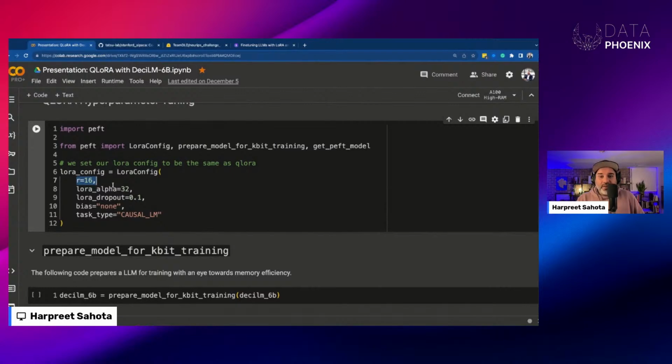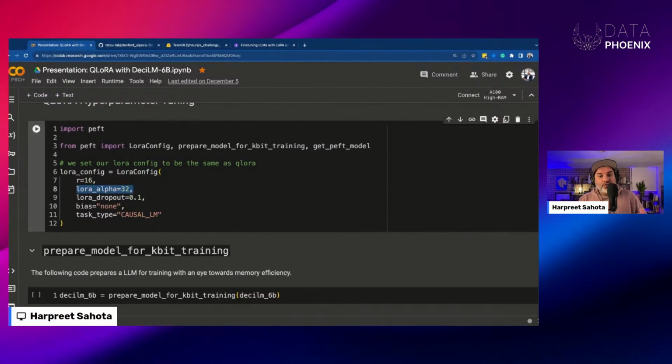So larger values of R, that's just going to mean more parameters. More parameters are going to enhance the model's capacity to represent more complex kinds of patterns. And then alpha here actually is a scaling factor, and this sets the scale of weight updates. So an optimal value of alpha is going to ensure that the model fine-tunes effectively without overfitting, and it's going to carefully balance new data learning while preserving the existing knowledge.